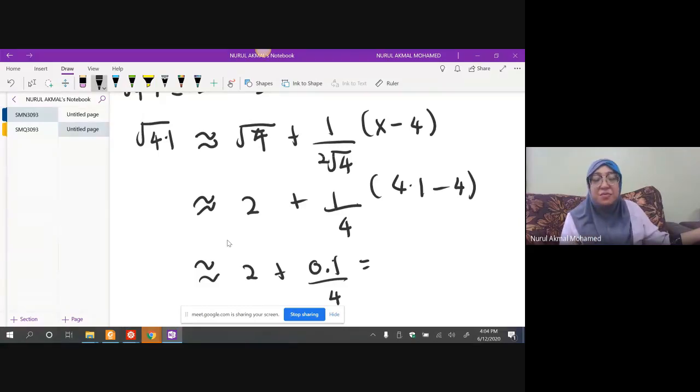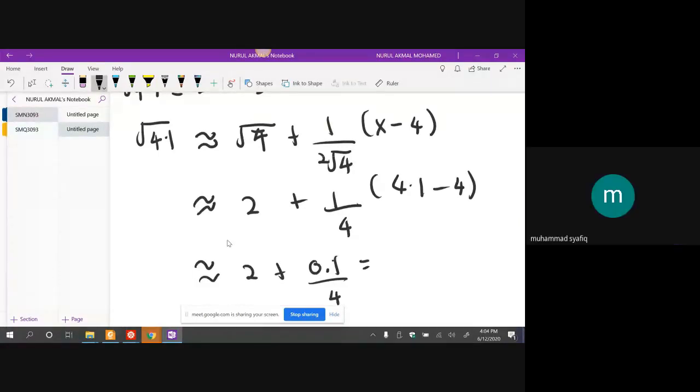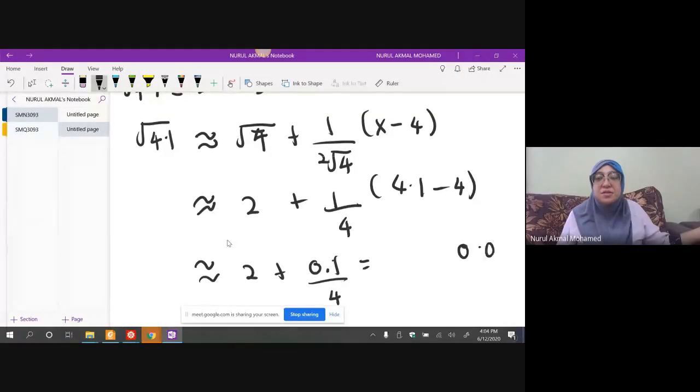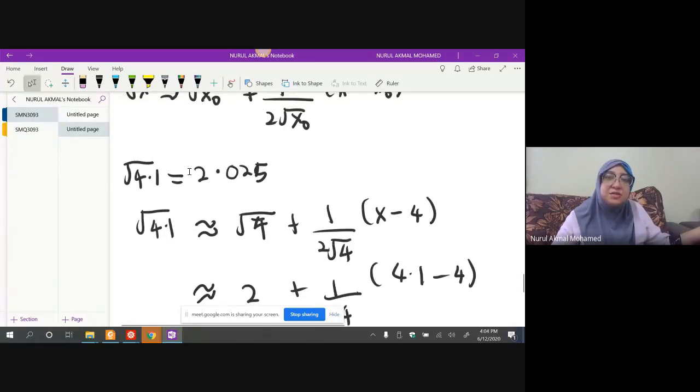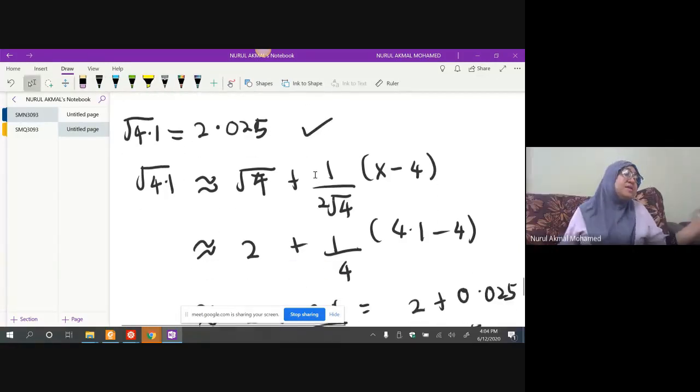What is 0.1 divided by 4? 0.025. Okay, you plus with 2. So the answer will be 2.025. Is it approximately equal to this one? When you calculate by using calculator, it is. So that's why the local approximation is valid